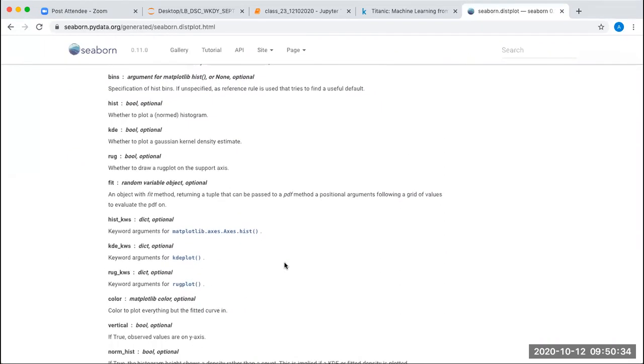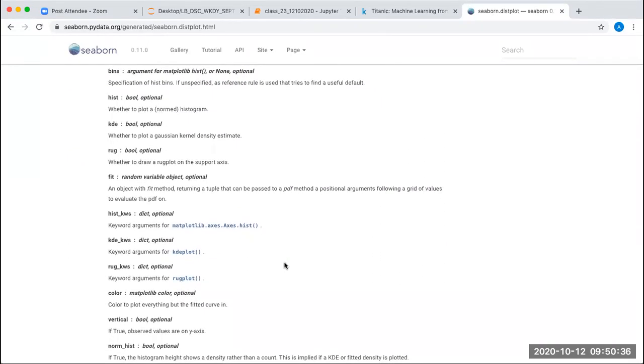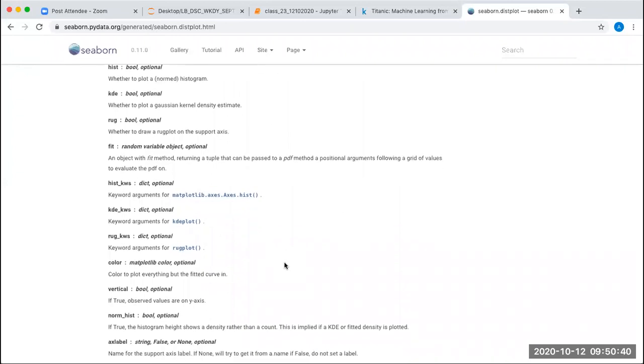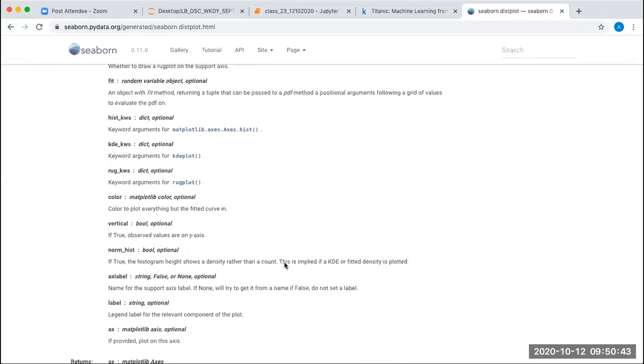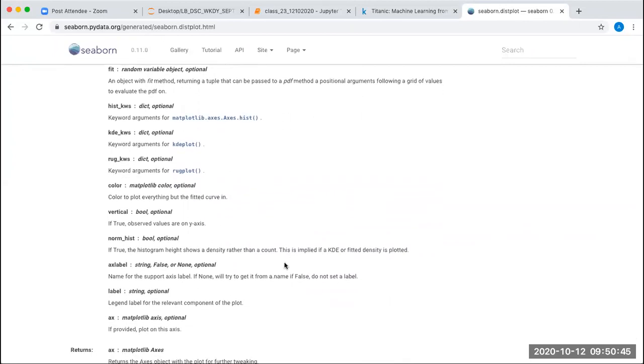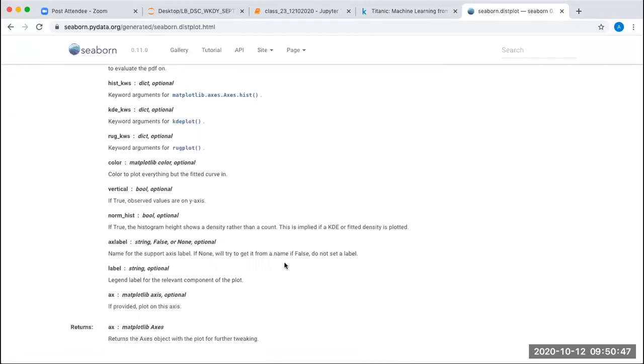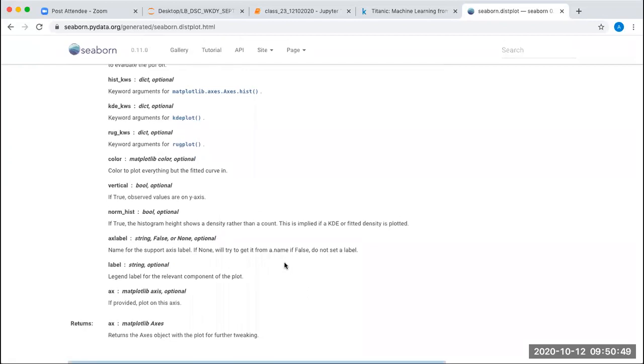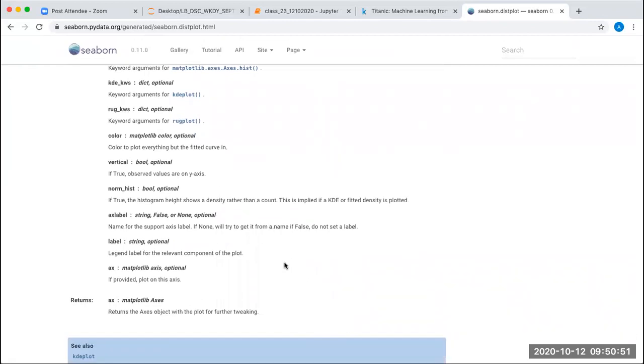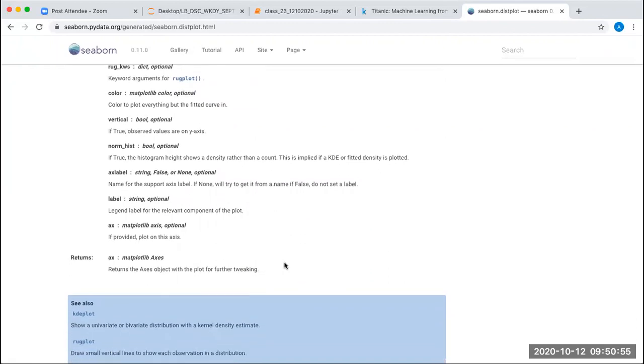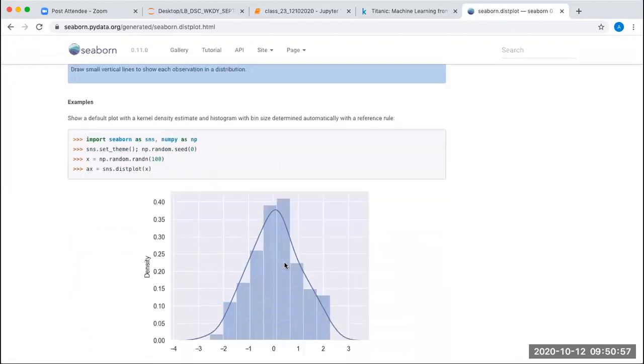KD rug will not work. Fit also will not work. Hist underscore kw, KD rug, color, vertical. The values are on Y. Is normal. We don't have any such attribute here, Ravi.